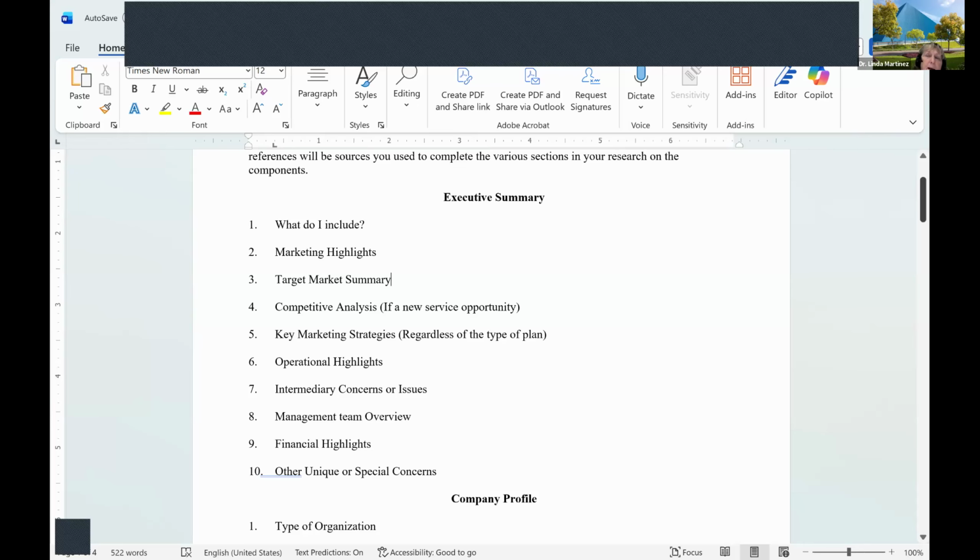Your management team: I don't need names. I don't want you to tell me who the people are going to be. But I need to know who your management team is in terms of titles. Like you'll have a CEO, and maybe it's a small company, so maybe the CEO will be the CFO also. Maybe your receptionist will also be your file clerk. So how many people are you going to have on your management team? And keep in mind that you're going to have to pay these people, so you want to be very conservative in what you put in this area.